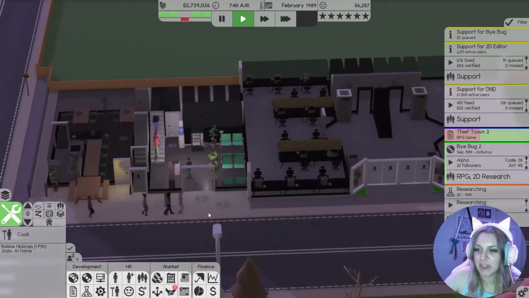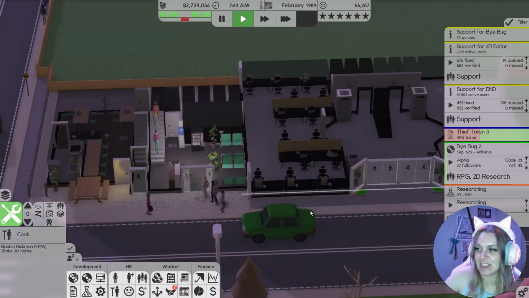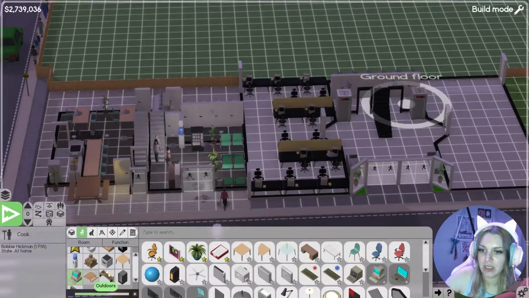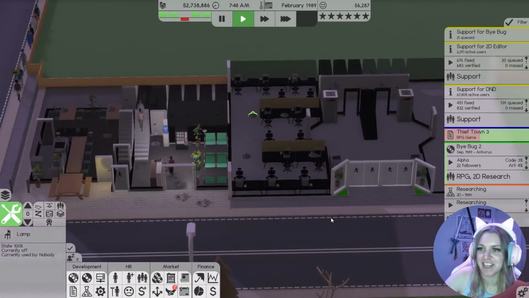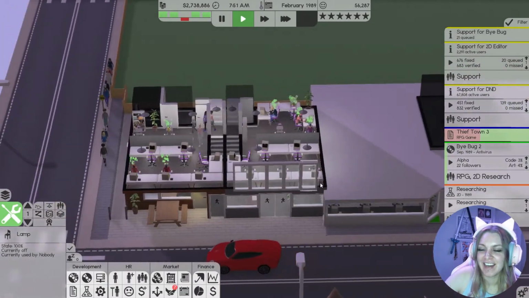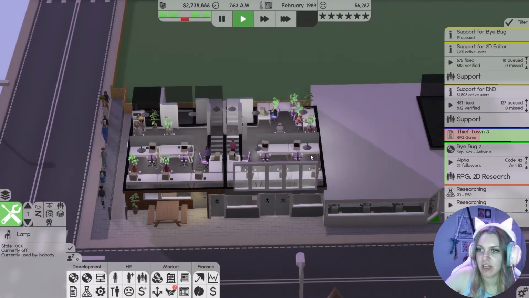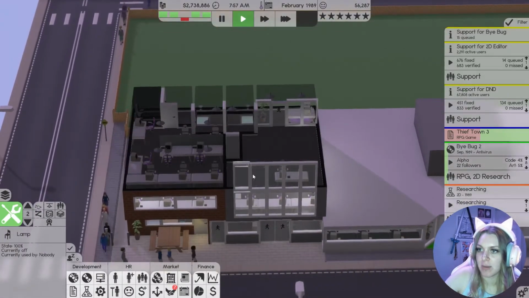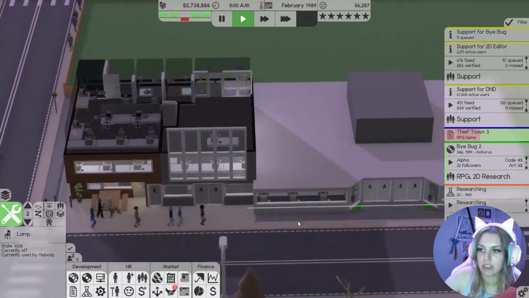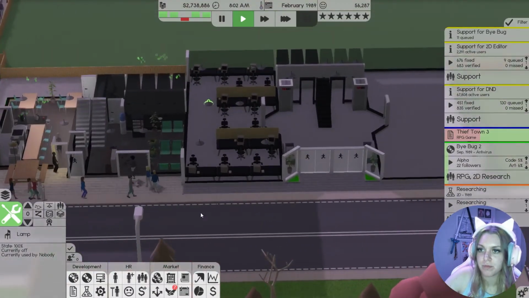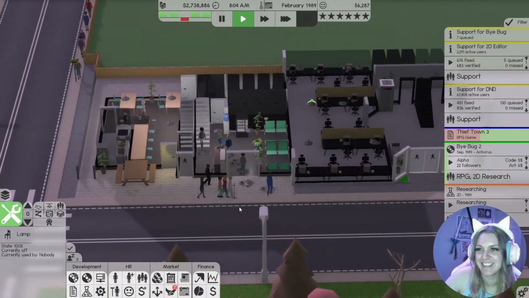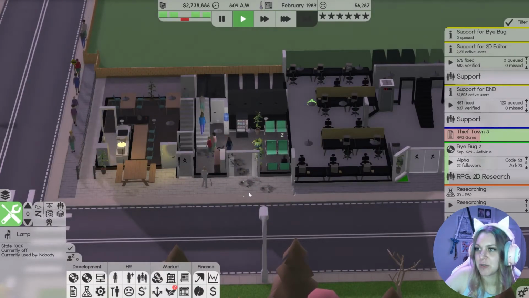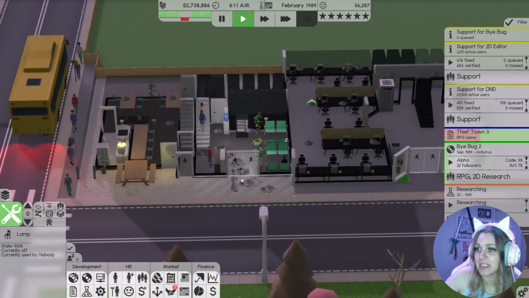Are any of these people gonna head to our new research and development team? Oh, I forgot to add lights. Let me do that really quick. That way when they actually do get in there, they can actually see where they're going. Okay, so we have lots of people coming to our support and whatnot. Hopefully that extra person is gonna come into here instead of into the research and development team. They psyched me out. Here I was thinking that they'd go to, oh, where's my R&D team? I just want to see them.